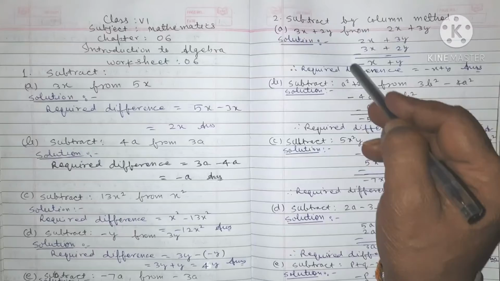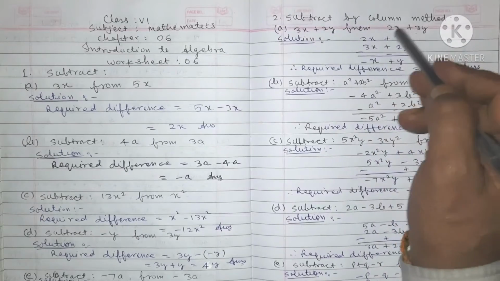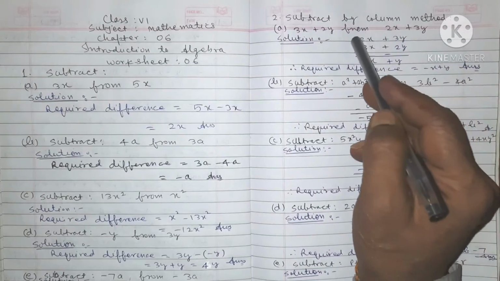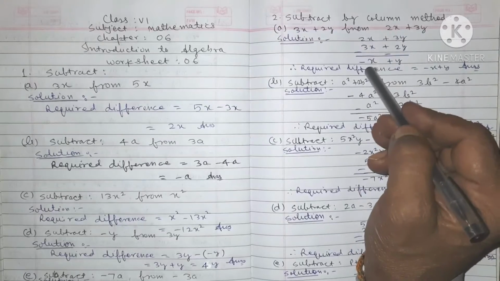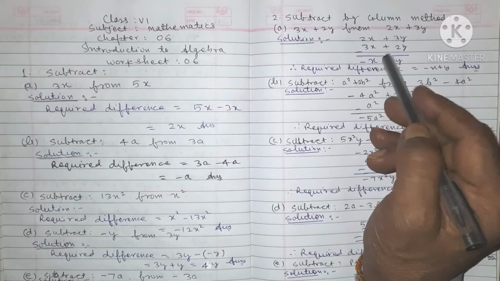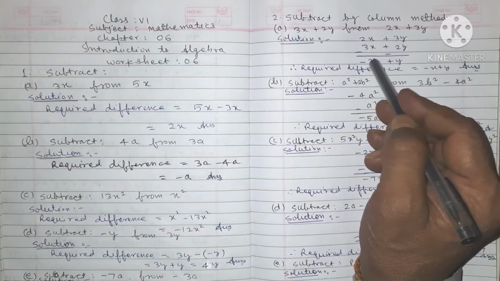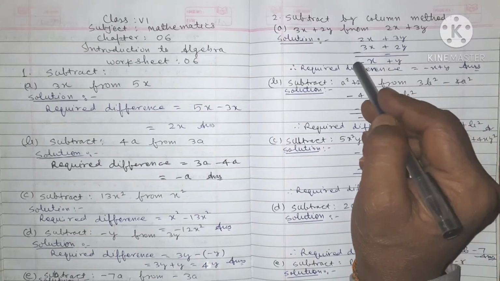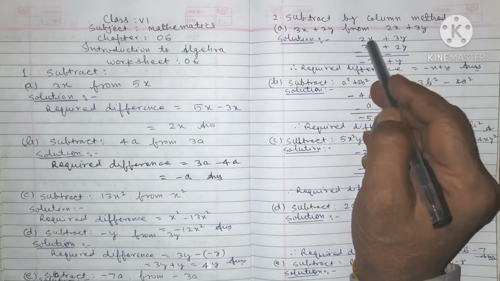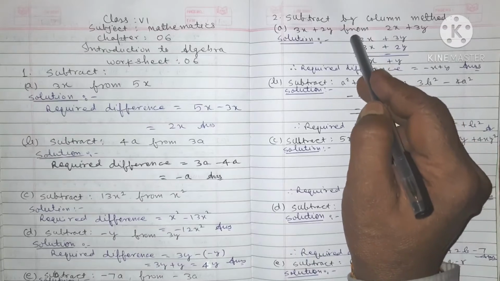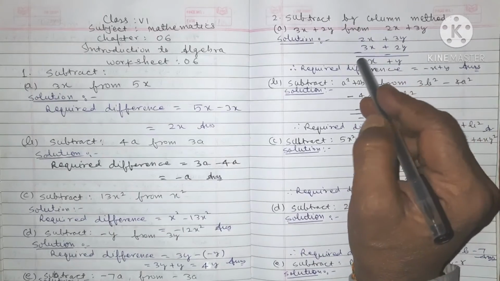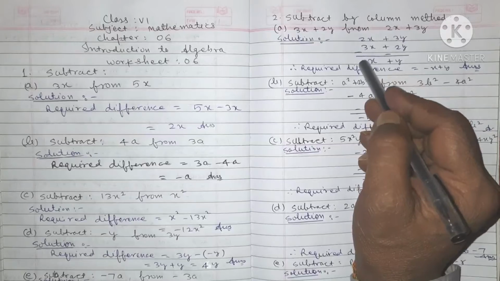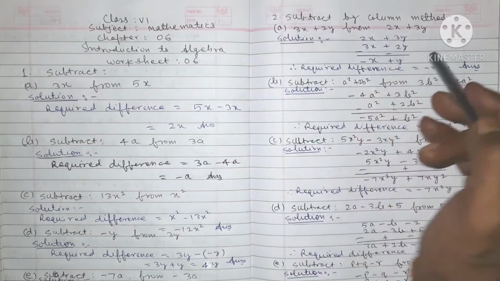Now column wise, this is the first column and this is the second column. First we do the first column. Plus, minus, minus, we do minus. 3x minus 2x, 1x. 1 is hidden, so no need to write here. So we write minus x. Since the absolute value of minus 3 is more than the absolute value of 2, we write the sign of 3x. And so it is minus, we write here minus.